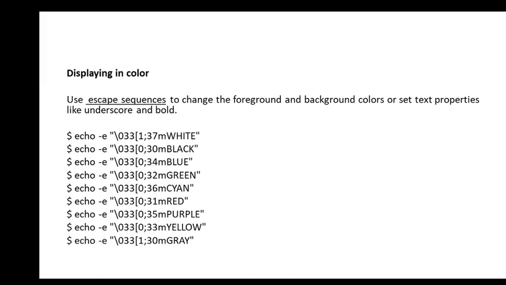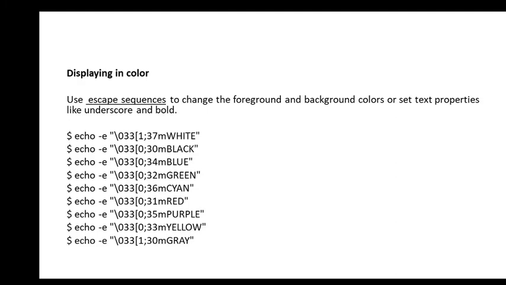Next, for displaying color, use escape sequences to change the foreground and background colors or set text properties like underscore and bold. For this, echo -e with \033 and the color codes: white, black, blue, green, cyan, red, purple, yellow and grey.